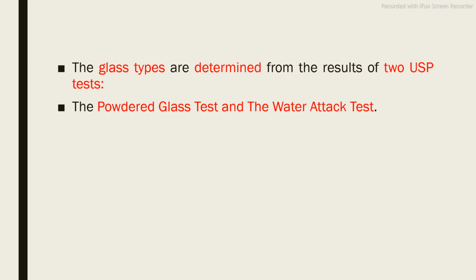If it contains more and more alkali and alkaline earth metal, it will react with the acid when we go for the titration. So during the titration we come to know how much alkali is present in your glass. After the powder glass test, we mix this powder glass with the water and keep it in an autoclave for some time. Whatever alkali and alkaline earth metals are there will leach into the water, and then we can titrate it with the acid.